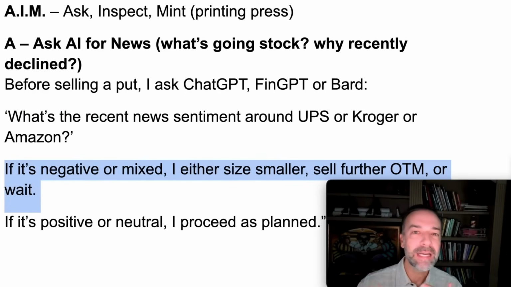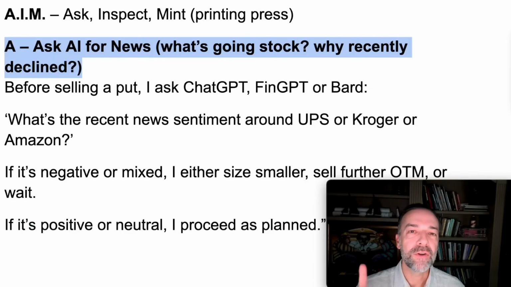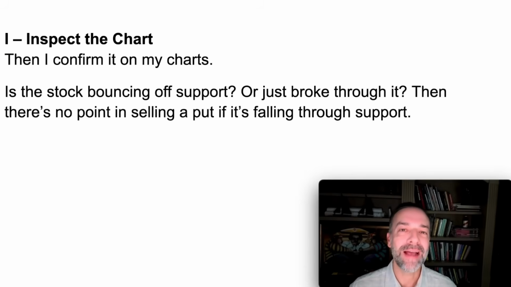If it comes back with some negative information, then you might wait to do the trade. Or you might just place a more conservative trade. Or a third option will be to place a trade but have a smaller position size than normal. And of course, if it's positive, then you just proceed as planned. So the first thing you do is ask. Ask AI to do a deep background search on whatever stock you're about to trade. Once you've asked AI, which I'll show you exactly how to do in just a minute with my real life example,